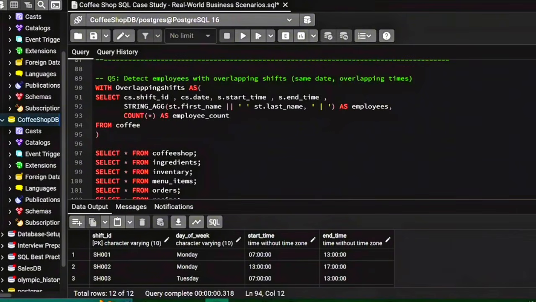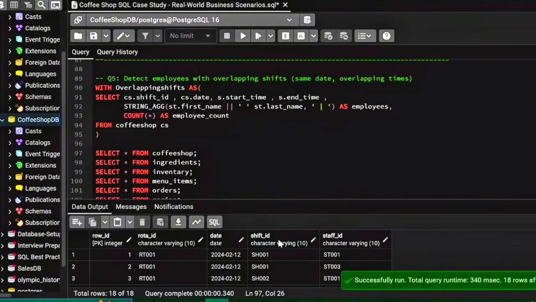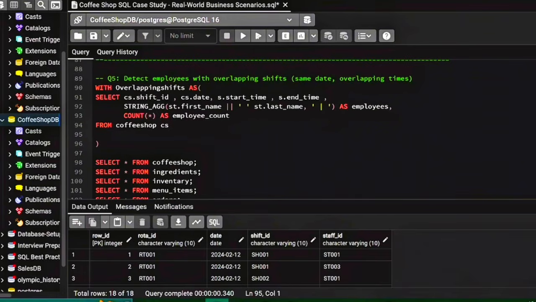CS. After that we will use inner join to connect the three tables only where matching data exists. This gives us a list of employees and their shift at the coffee shop and leaves out any incomplete or mismatched records. So this is the shift table. We will connect it with shift ID. Now join shift as alias on coffee shop. The shift ID should be equal to